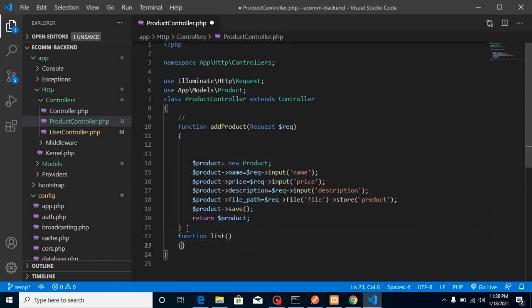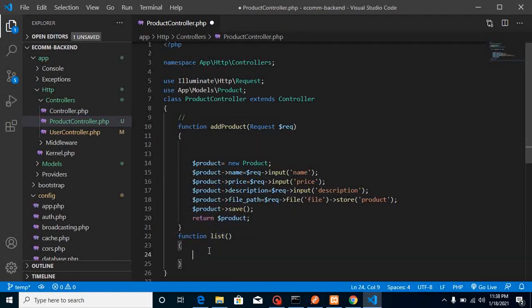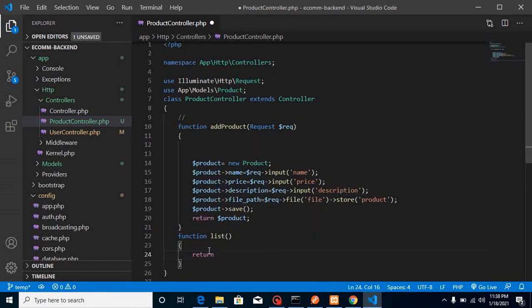Why am I using the name list for this function, why not product list? Because this is self-explanatory. Our controller name is product controller, and here we have a function, which simply means this list belongs to the product listing. And let's return here